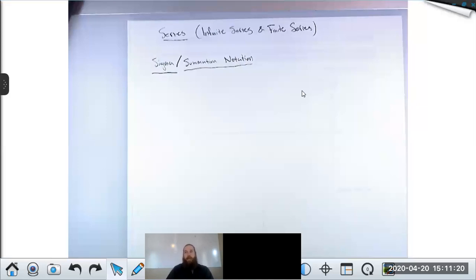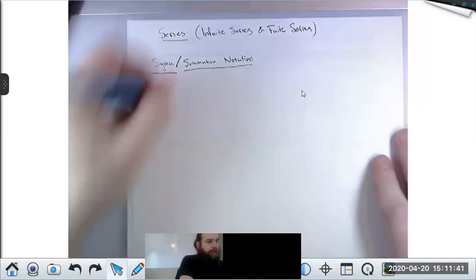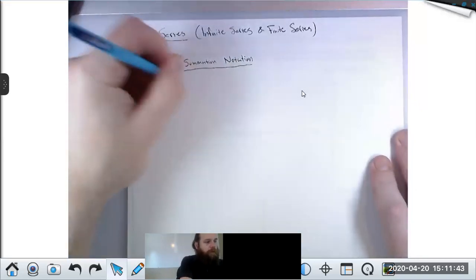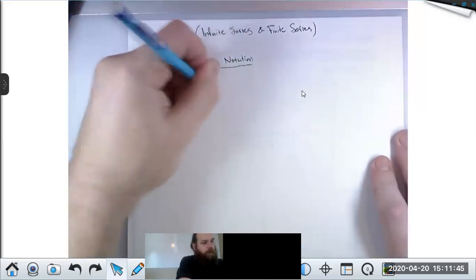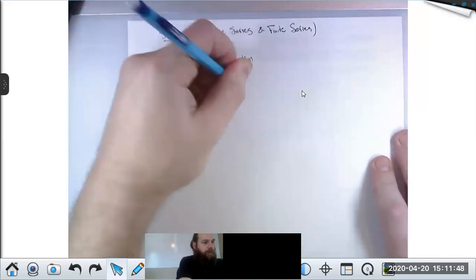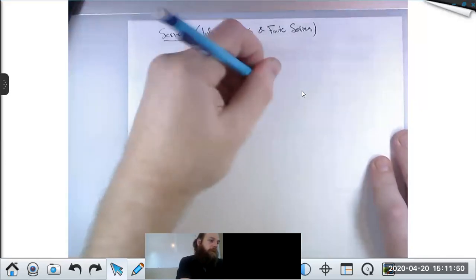If I'm given a big old addition problem, I have to break it up and add the numbers two at a time until I get the result. It is therefore convenient to have a notation for adding up a whole bunch of things instead of having to write this plus this plus this plus this plus this. So if I want to add up a bunch of numbers,